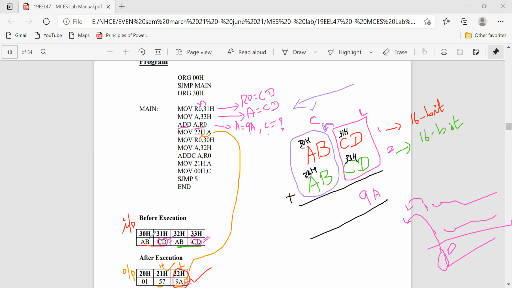So from the address 30H, I'm going to take my data that I'm pushing to one of the registers, R0. So here my R0 is going to be AB H in hex form. Now the second data I require is for the highest byte. So this data I'm going to take from the location 32H, that I'm going to move to the accumulator.